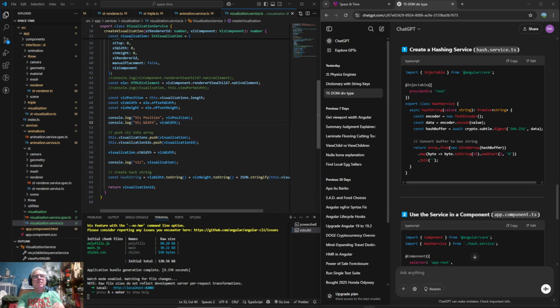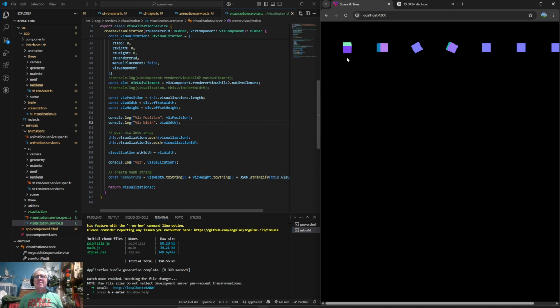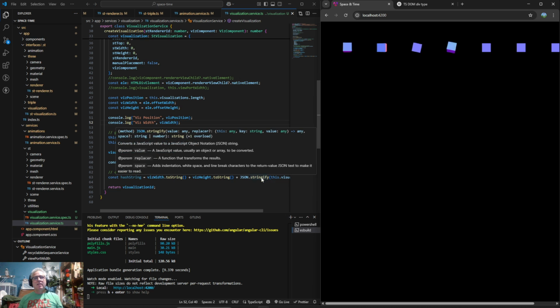So basically, from 30,000 feet, I keep explaining this. Basically, I want to lay these out in a more reasonable way. But the thing is I don't want to overburden the CPU by having it calculate things when they don't need to be calculated. So I want to determine if these calculations need to be redone, and what would cause that to happen is resizes or adding new visualizations, things like that. So I've come up with this hash string, which is going to be the height, the width of the viewport, the height of the viewport, and this,